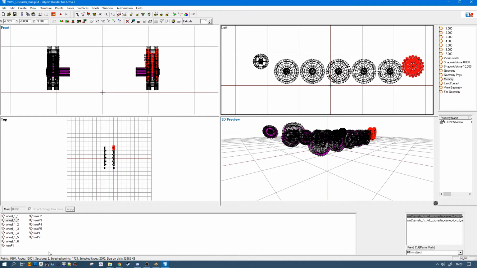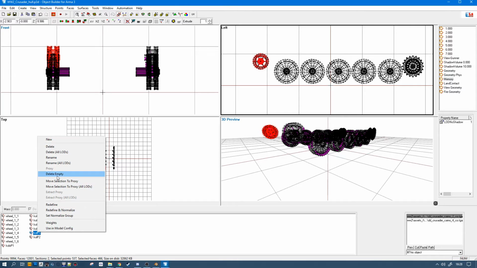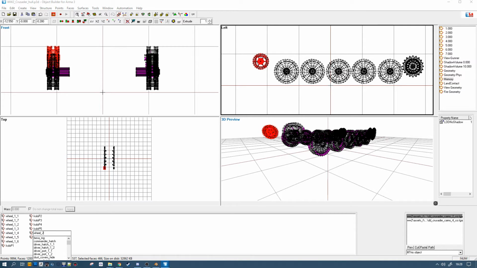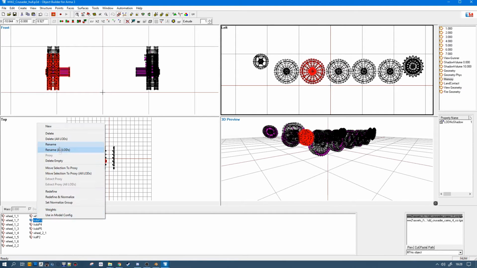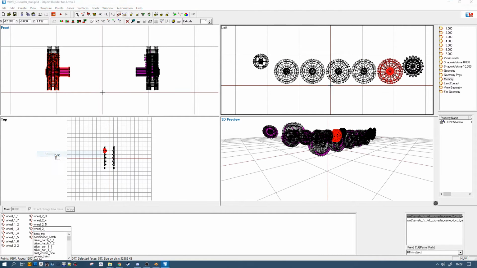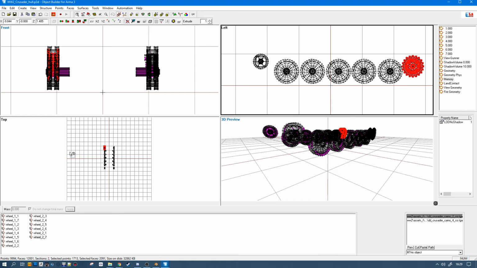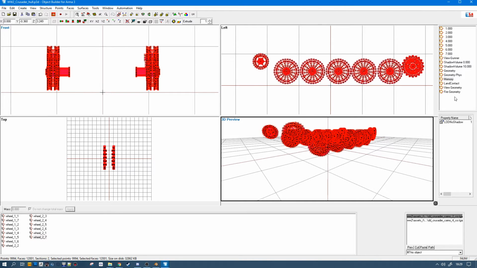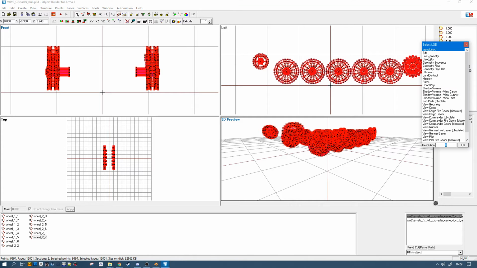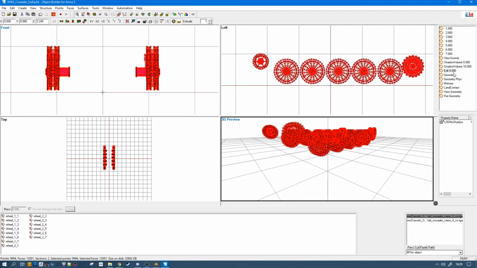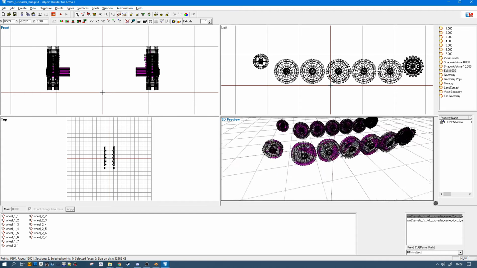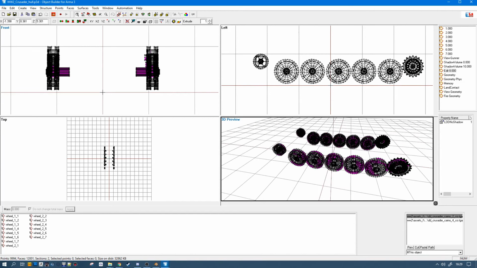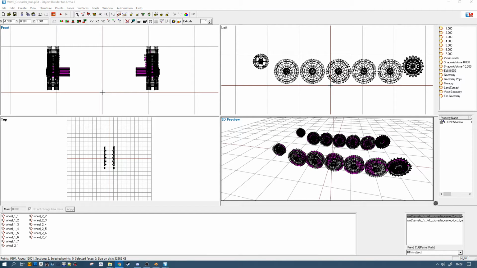Okay, so that's the naming standard, and now we are on the right side, so it's going to be wheel 2 1, wheel 2 and so on. Okay, so I'm just going to duplicate this load to keep the naming, and now we have 2 memory points to declare per wheel.